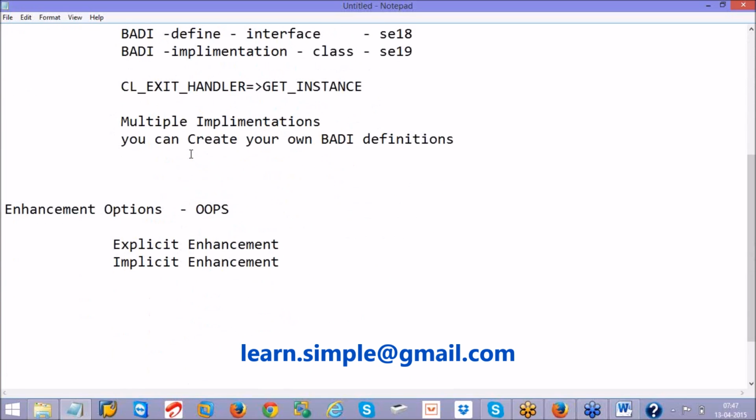Now coming to enhancement options: whether explicit or implicit, the definition part you can see in the enhancement spot, and the implementation part we can see in the enhancement implementation.